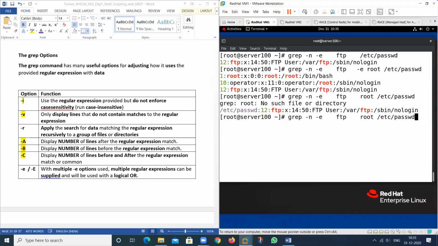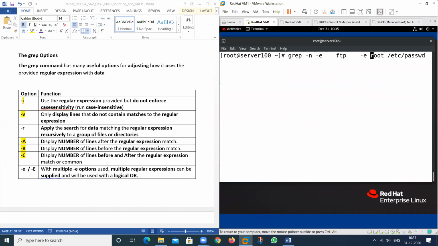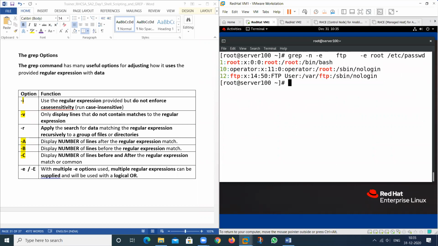If I want to print multiple values in this manner, we can use the -e option in small letter or -E in capital. So this is the concept of these particular commands. So in this chapter, all these things will be discussed.